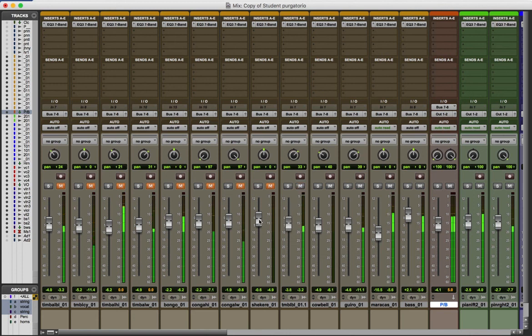Let's start getting some percussion in here. Don't want to push it too far up above the zero, but